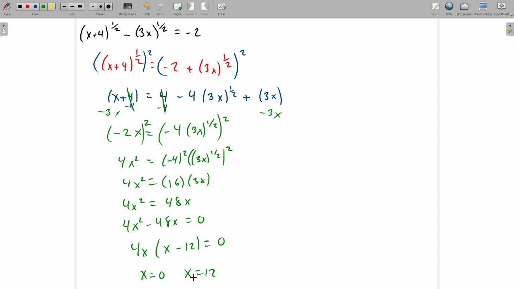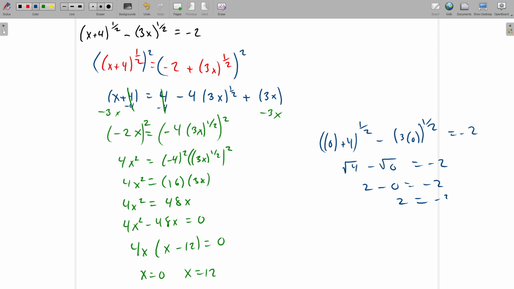Now when we get our solutions with solving radical equations, we want to plug them back into the original equation and make sure that we get something that makes sense. Meaning we want to plug in 0 and have 0 plus 4 to the 1/2 minus 3 times 0 to the 1/2 is equal to -2. And if we do this, we have the square root of 4 minus the square root of 0 is equal to -2. Well, the square root of 4 is 2, the square root of 0 is 0,